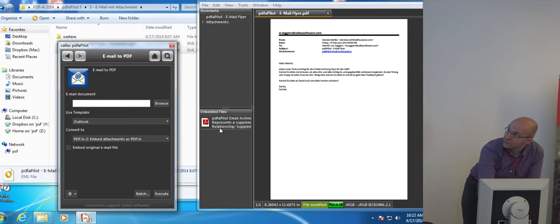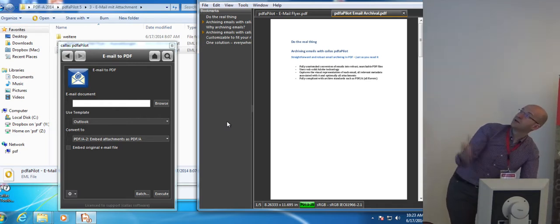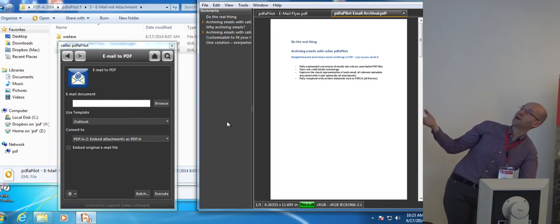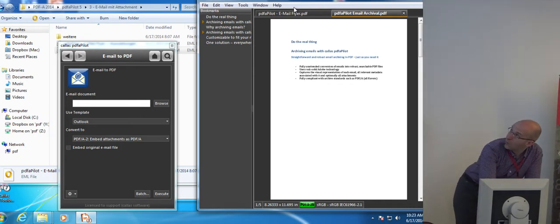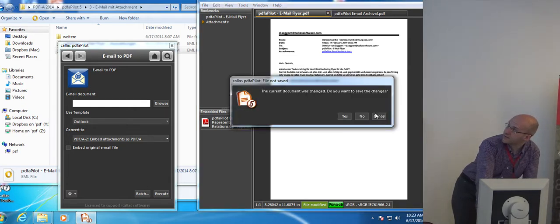Now we have an embedded file, which is also marked as a PDF, and this former docx Word document has been converted on the fly to a PDF and embedded into the source email document. You can also see it like you have it in your email client, with a link to the attachment marked as a docx, so we know it was a Word file in the past, but it's now included as a PDF in this file. No, I don't want to save this.